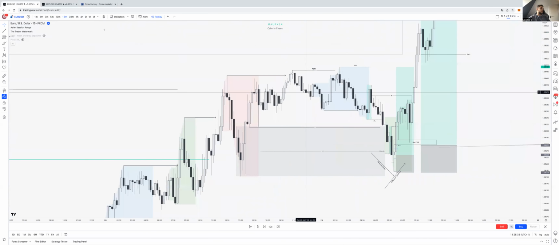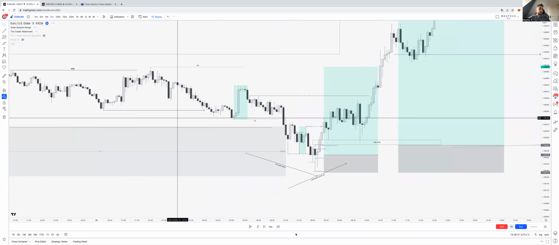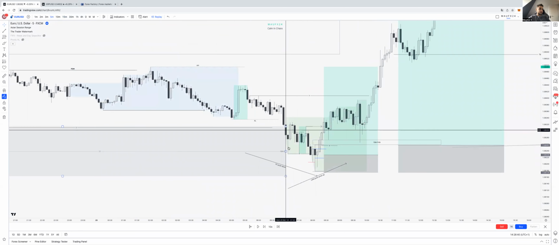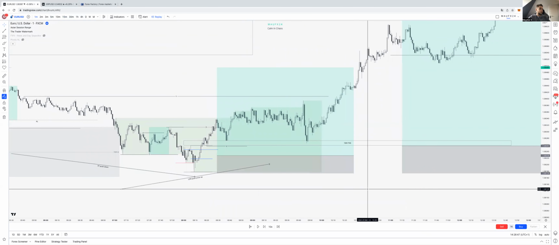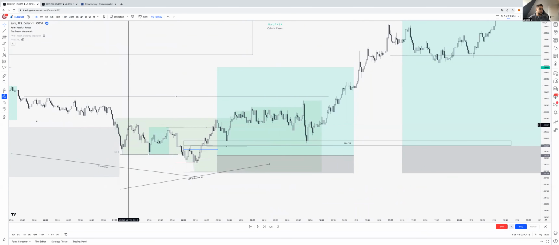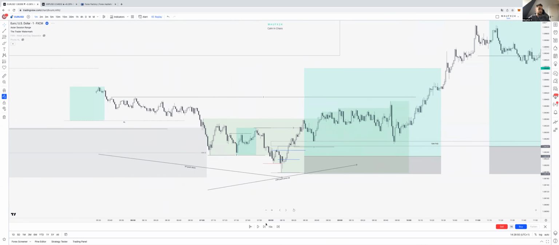But if we go lower again, we can see there was no confirmation yet. So that was this candle. And if we go to the 1 minute, we can see there was nothing. We just came up and there's no liquidity, no structure, nothing to it.